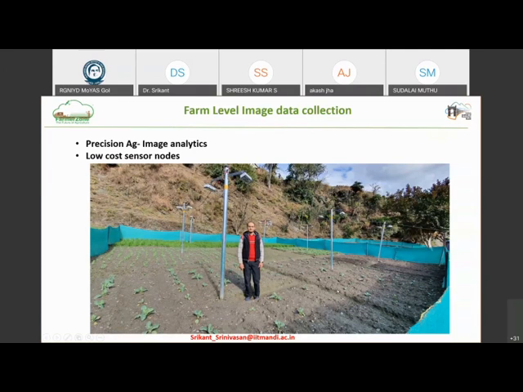So that's what we have done here, various plots. And then we have these poles with the cameras and sensors and all of that, and we're doing this precision measurement. Now, you see, there is another problem. I talked about the fact that automation makes things easy. We are able to get a lot of data. But just think about it. Each of these cameras, supposing it's snapping an image every 15-20 minutes, I have about 50 images a day. And if I have many cameras like this on the small field, I'll very soon be generating gigabytes of data.